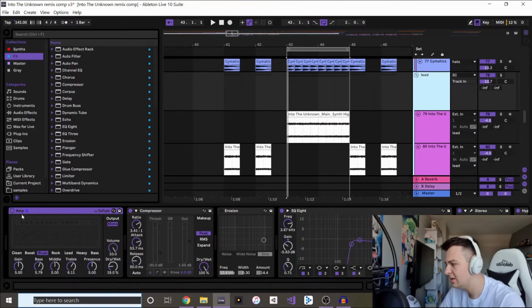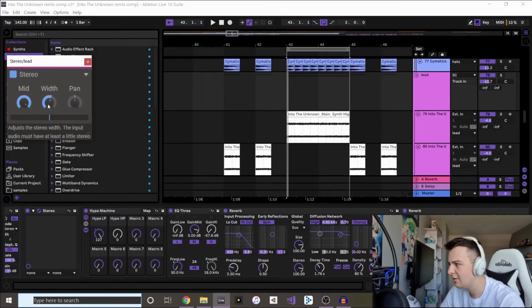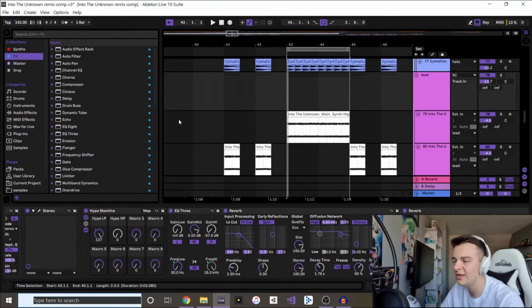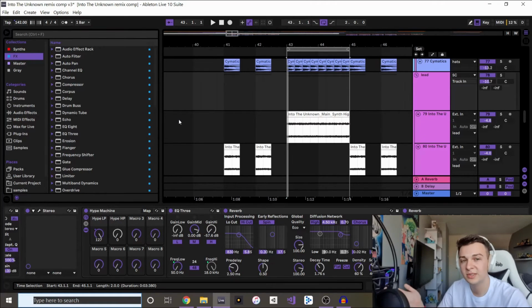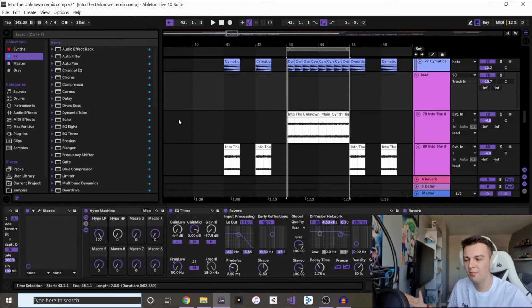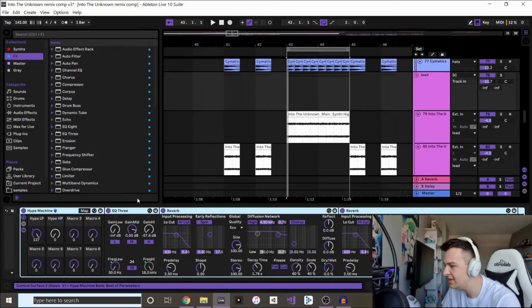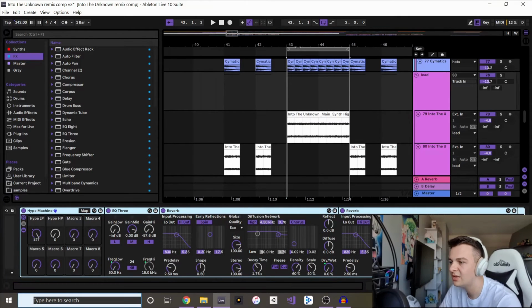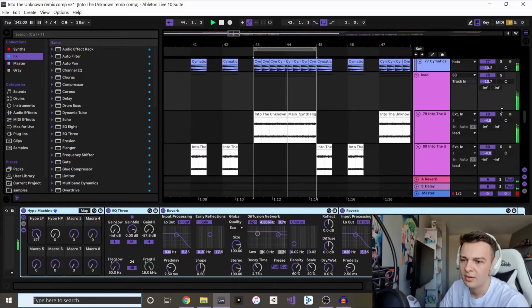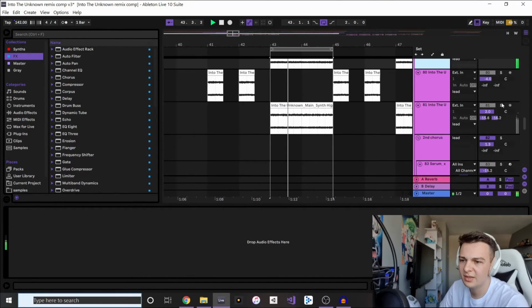Again, not much on this. A bit of compression, a bit of EQ. I widened it a little bit because I felt like the lead was a bit too narrow in the original stem. Obviously that's okay in the verse and the pre-chorus, but with you wanting the chorus to be big, a bit of width is nice there, and just a little bit of hype machine for automation further down the line. So that's playing that quite nicely, along with